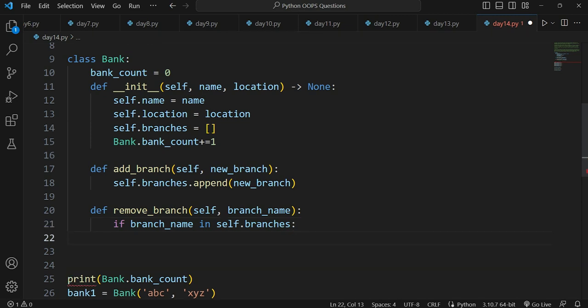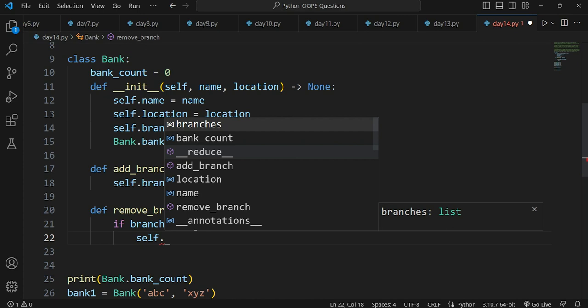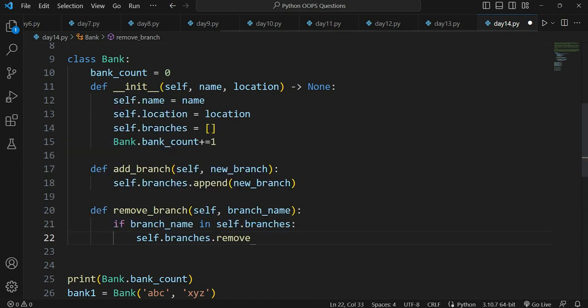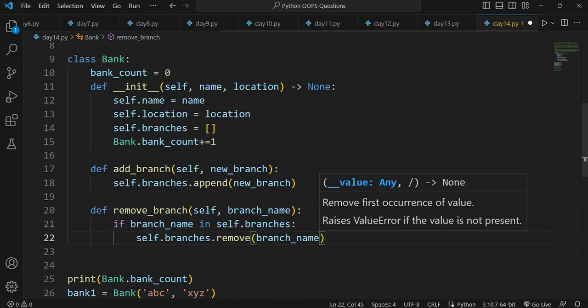So we will be removing it if it's there. self.branches.remove what? branch name.